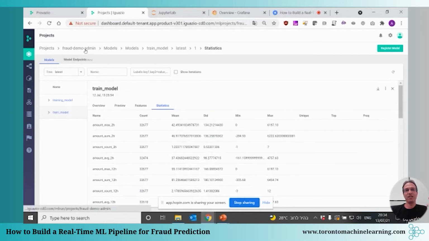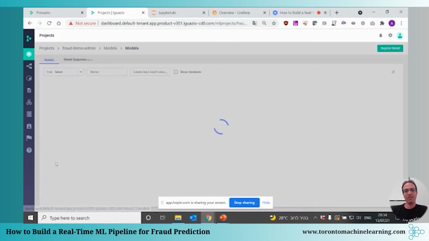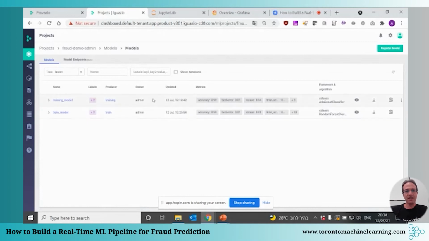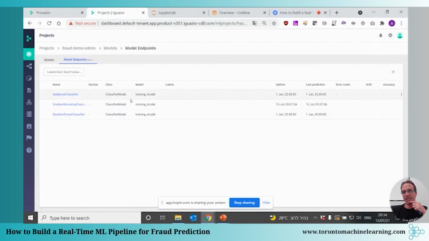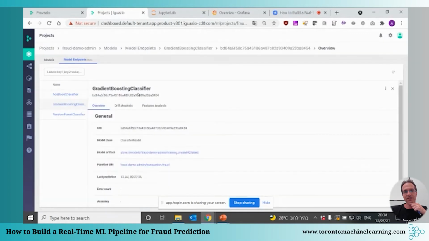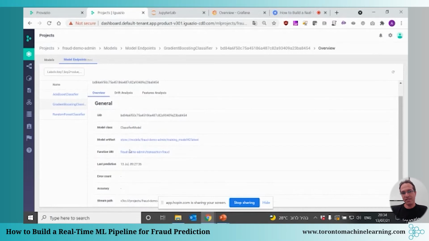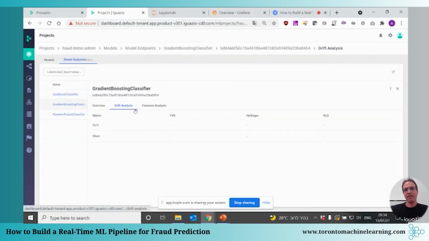Now we have the model, we've deployed that model. Now we want to check what's going on with those models in my inference layer, right? So in order to do that, I can go to the model endpoints. As you can see, we have three models. Those are the ensemble that we've seen earlier. If I drill down to this specific model, again, I can see all that information, the metadata, and we also have a process to analyze the drift of that model.